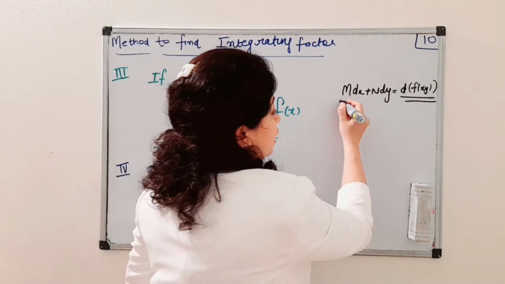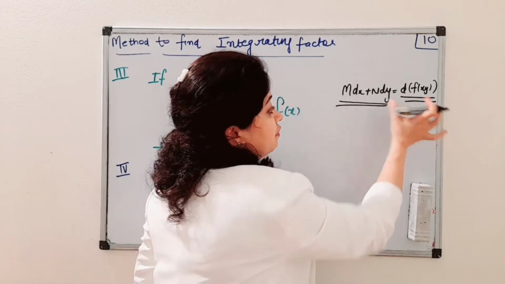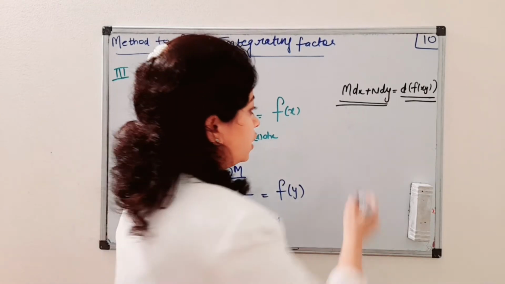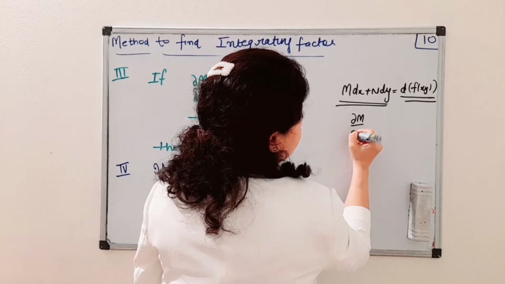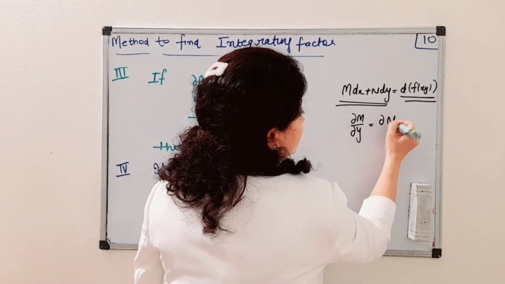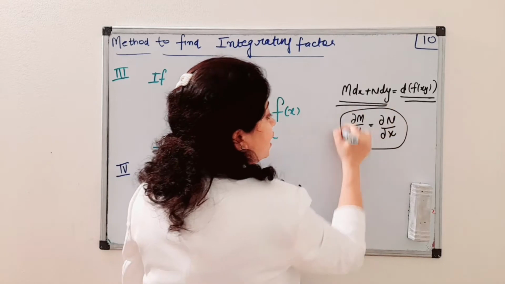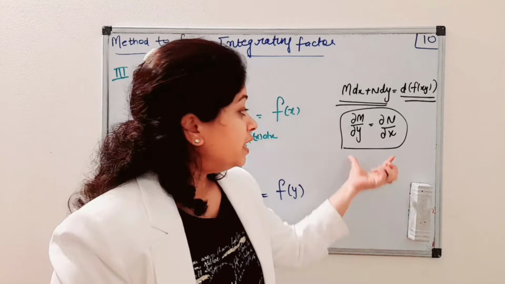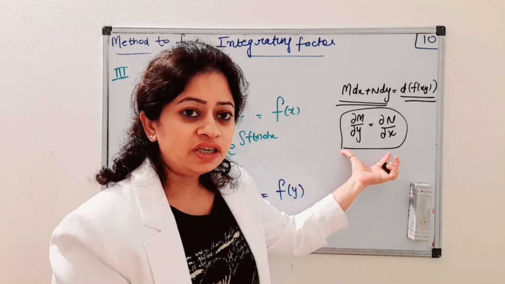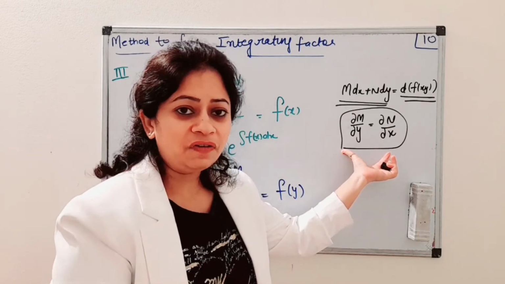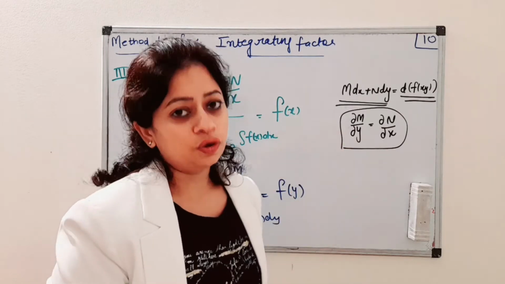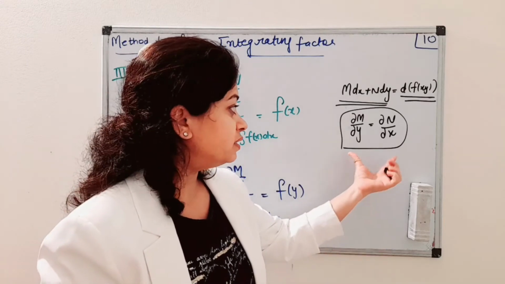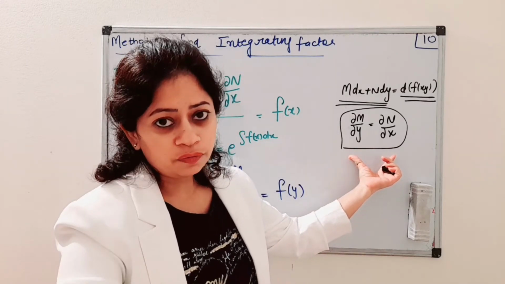So see, if our differential equation is the exact differential of a function, then that differential equation is an exact differential equation. Secondly, what is the necessary and sufficient condition for an exact differential equation? That ∂M/∂y is equal to ∂N/∂x. If they are equal, that means the differential equation is exact, and if the differential equation is exact, then they are equal. On both ways I have explained many examples regarding these, that if they are equal, then how that differential equation